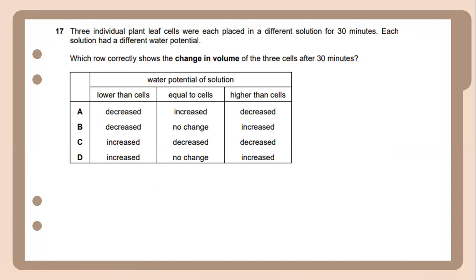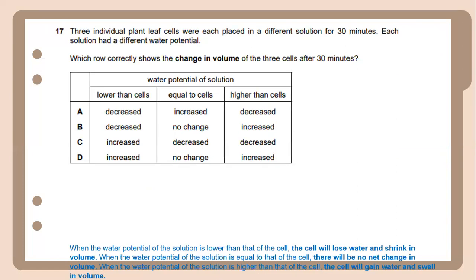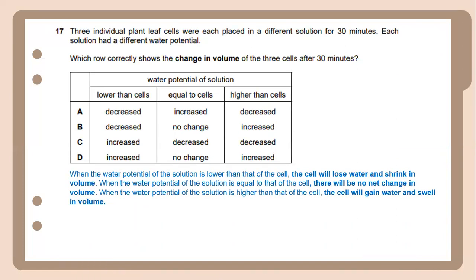Three individual plant leaf cells were each placed in a different solution for 30 minutes, and each solution has a different water potential. Which will correctly show the change in volume of the three cells after 30 minutes? When the water potential of the solution is lower than that of the cell, the cell will lose water and shrink in volume. When the water potential of the solution is equal to that of the cell, there will be no net change in volume. When the water potential of the solution is higher than that of the cell, it will gain water and